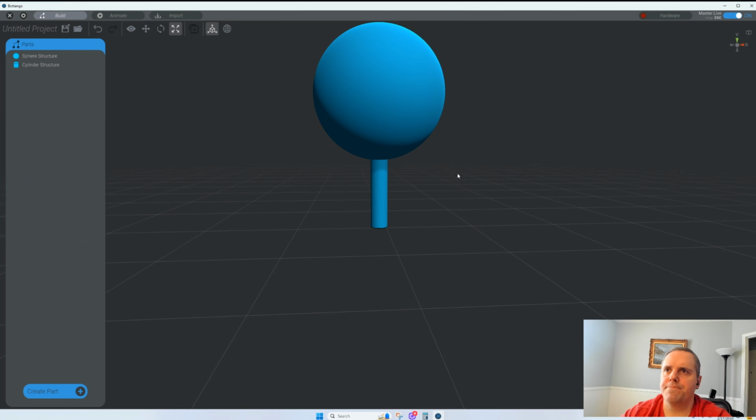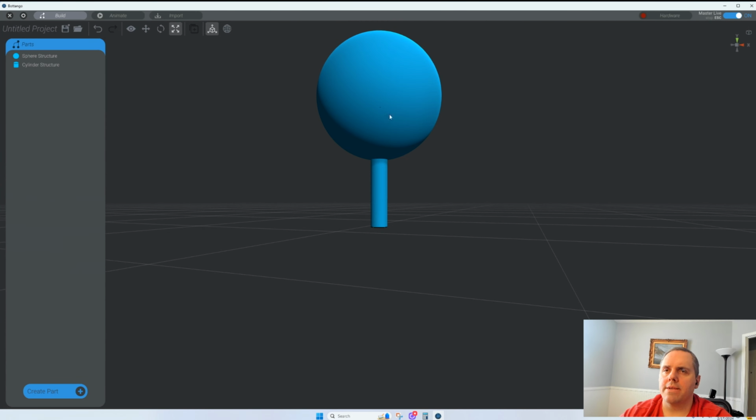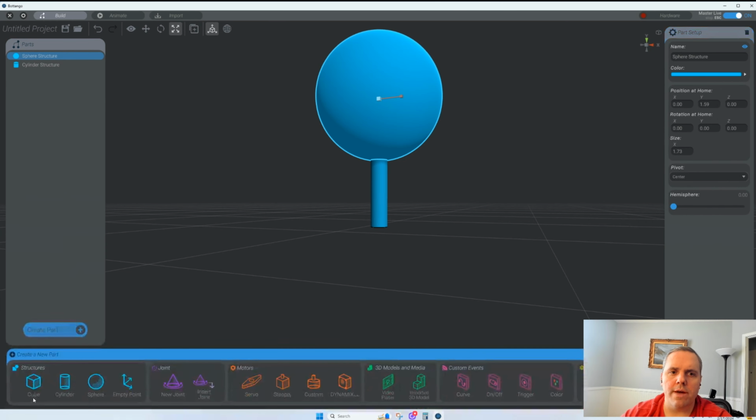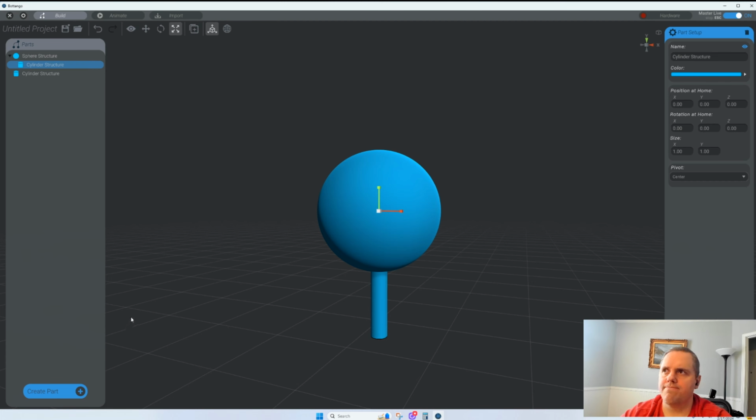Looks good. Alright, so the next thing I want to do is add a light, because he has a light on the front of him. So we'll click on that. We'll click create part, cylinder. You know what? Let's not link them together just yet. Over here you can link things together. This up here is considered a parent, and this is considered a child. You can see that little arrow down there. This is a child, and it takes on the same